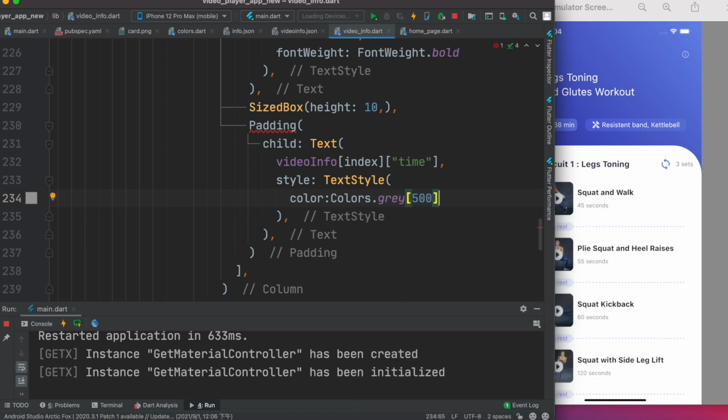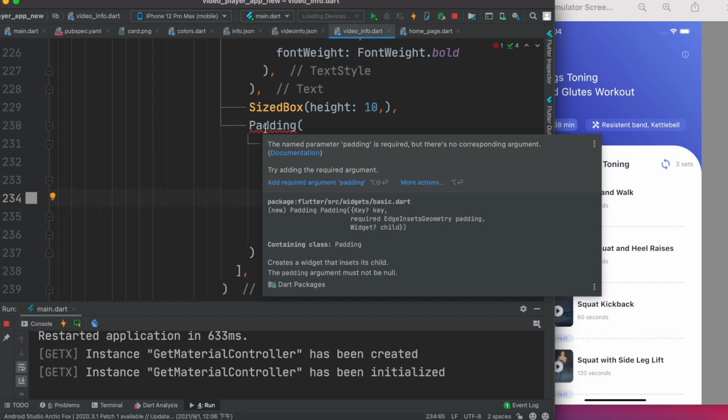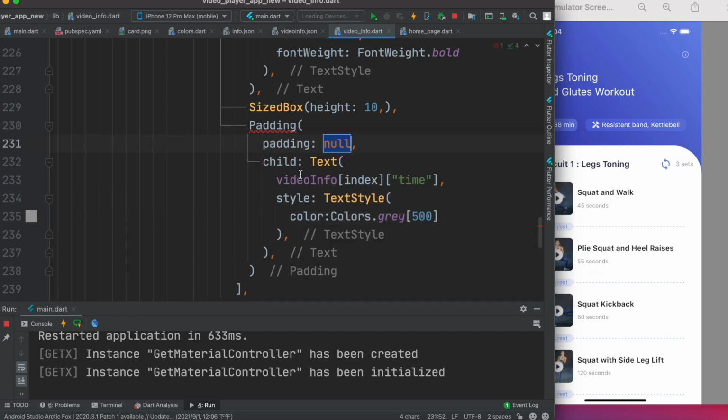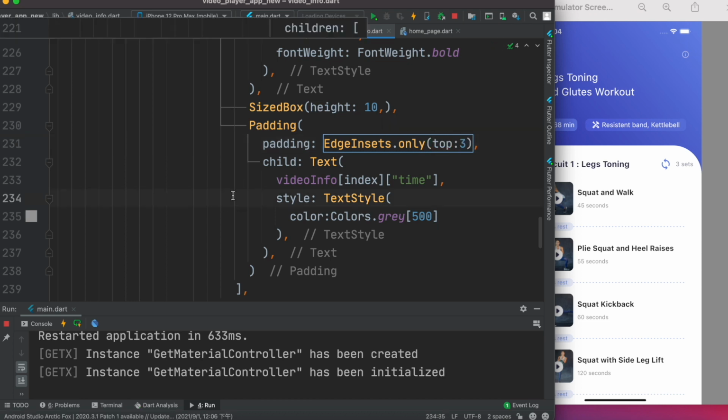We don't want too much gray. Now there's an error over here. That's because it needs padding. So we add it, and now it has a bit of padding. We do edge insets only, top padding, say for example top 3. Now once again go ahead, save it and run it,